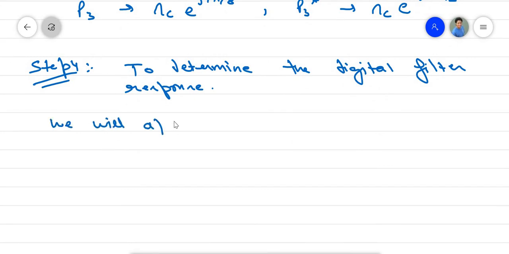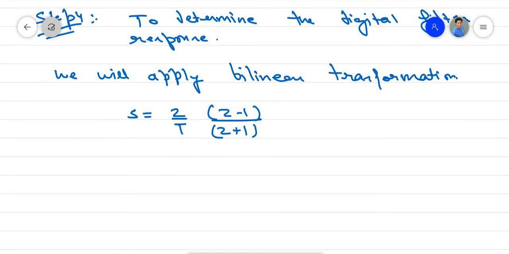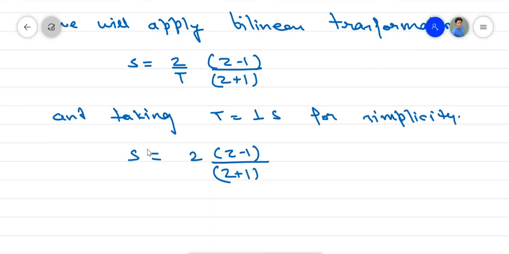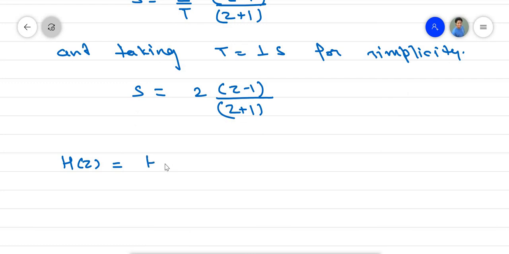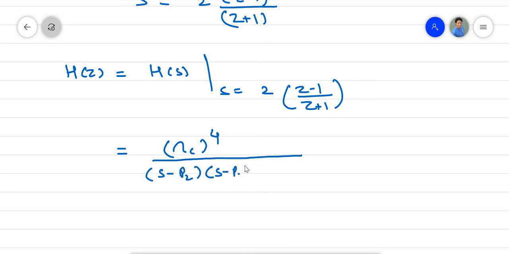We will apply bilinear transformation, and in this case S will be equal to 2 by T times (z minus 1) over (z plus 1), and taking T equal to 1 second for simplicity, S will be equal to 2 times (z minus 1) over (z plus 1). Then we can find H(z) will be equal to H(s) for S equal to 2 (z minus 1) over (z plus 1). We know H(s) is omega c to the power 4 over (S minus P2)